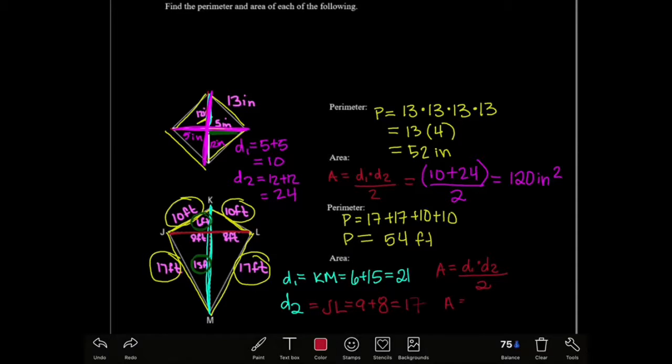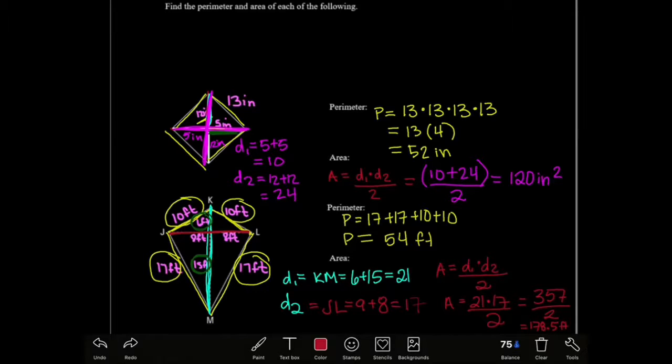So area is 21 times 17 divided by 2, which is 357 divided by 2. And we get area is 178.5